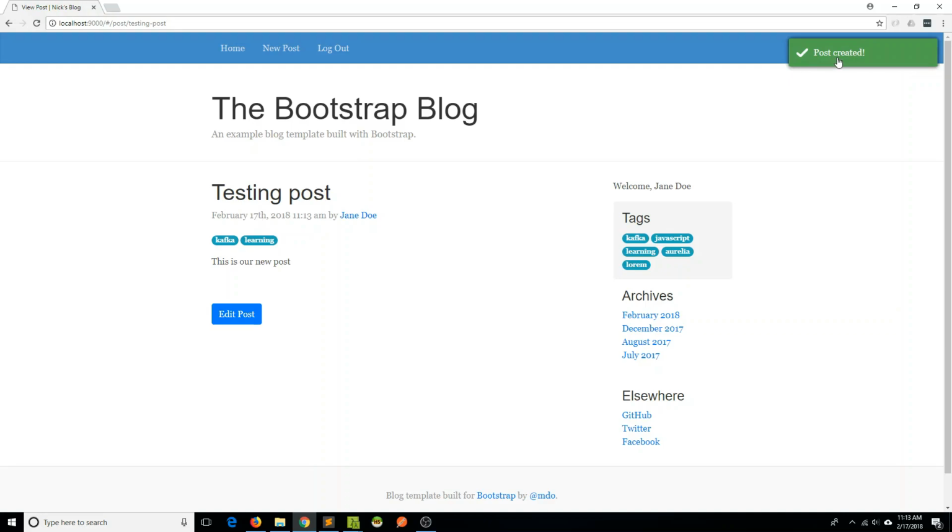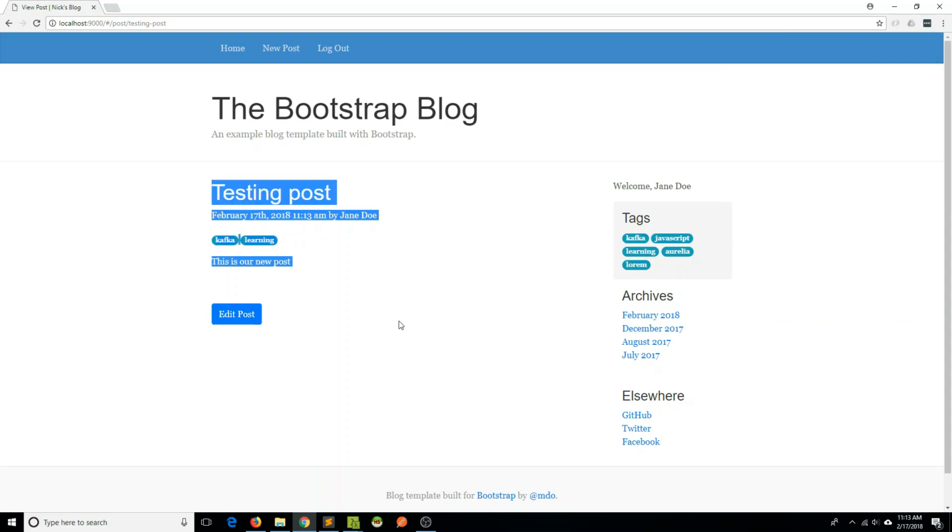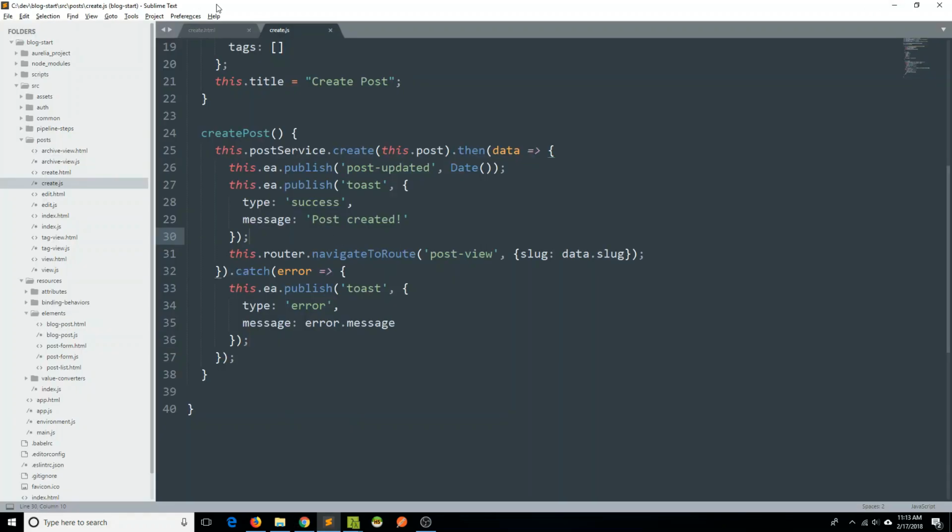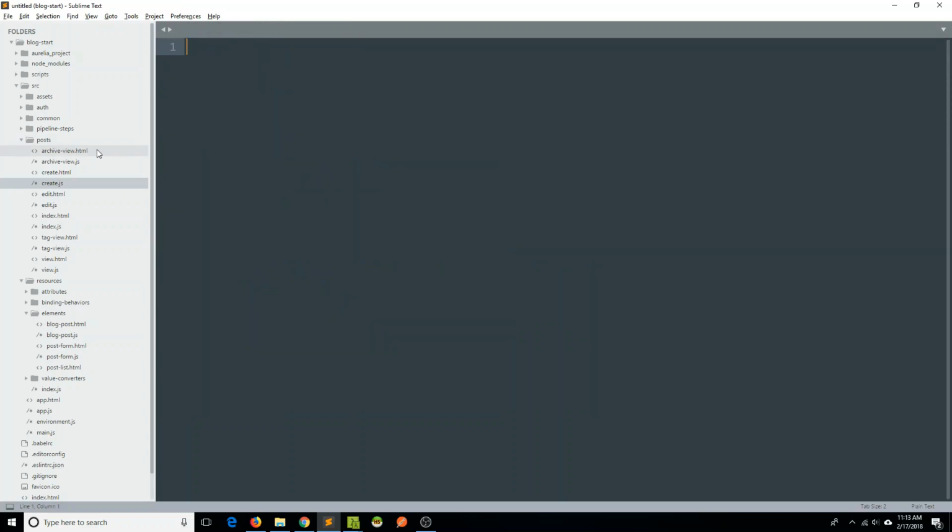Great, and so we have this response up in the upper right hand corner saying the post was created. So that's good. I can feel comfortable even though it's in front of my face here. That's nice to get just a little bit of feedback. The system feels a little more cohesive that way. So that's great. And now we can move on to edit, and we're going to do a very similar thing